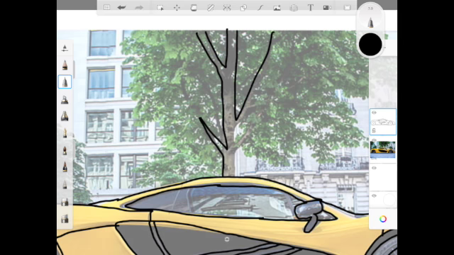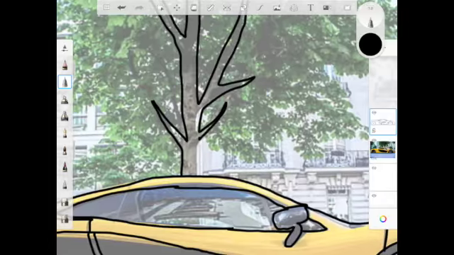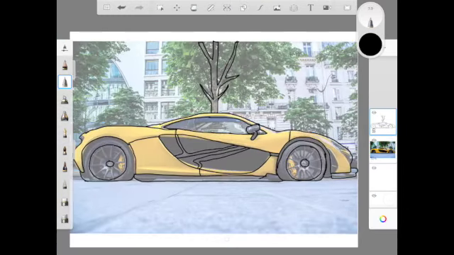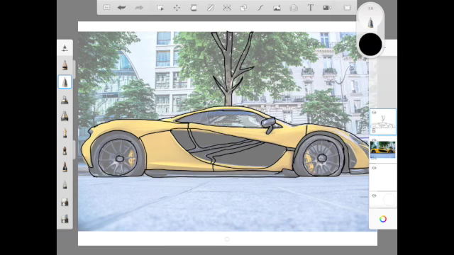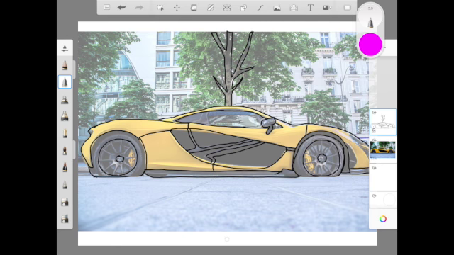I'm going to want to stylize these trees in the back too, so I'm going to go ahead and trace those the best I can. They're a little bit difficult, but I just kind of trace what I see. And then later, I'm going to use some, like the spray paint, and just spray paint the trees different colors. Now, in order to stylize my car, I'm going to choose a color I want,